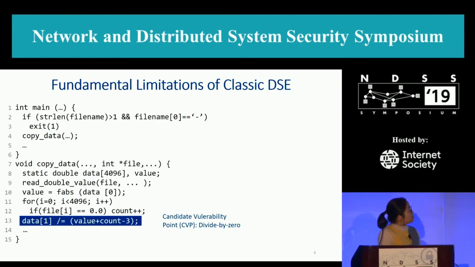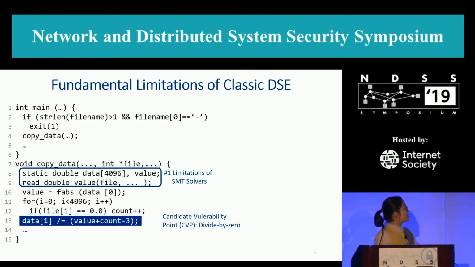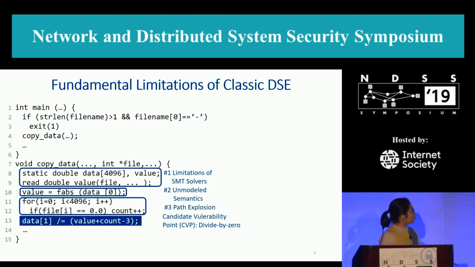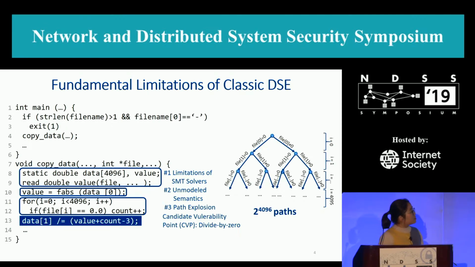To analyze this code, symbolic execution will meet 3 problems. The first problem is that it cannot solve the constraints generated at line 8 and line 9, which include floating point variables, due to the limited support of SMT solvers. Second, it cannot reason about the function ABS due to incomplete access to the code. Third, the analysis of the loop at lines 11 and 12 will lead to path explosion. As you can see, each loop unrolling will generate 2 branches. Finally, in order to analyze this loop, it will generate 2 raised to 4k paths, which is intractable for dynamic